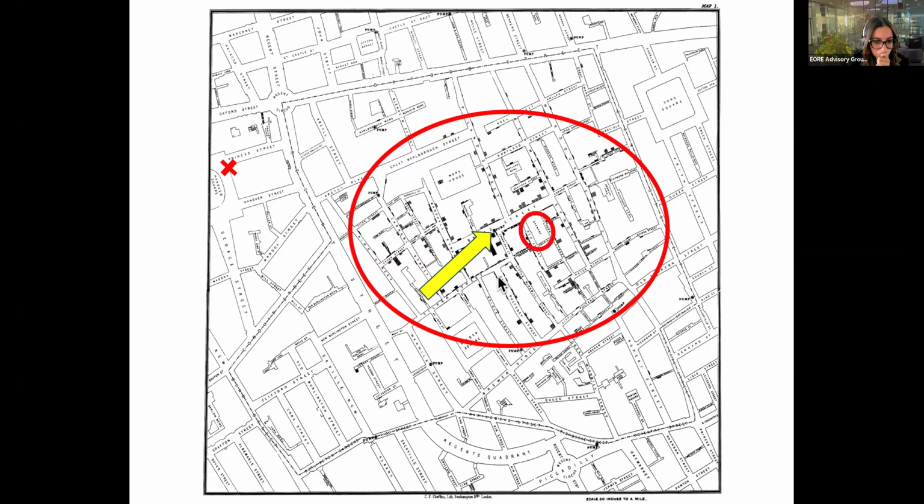And the other strange thing was there was this brewery here, a place where they made beer, and nobody there suffered from cholera. And then he found out that those people were allowed to drink free beer as part of their work. So they weren't drinking water, so they weren't getting infected with cholera. He then famously went to the pump, took the handle off, and the cholera epidemic stopped. Even today, the handle of this pump is preserved in the London School of Hygiene and Tropical Medicine, and John Snow is regarded as the world's first epidemiologist.